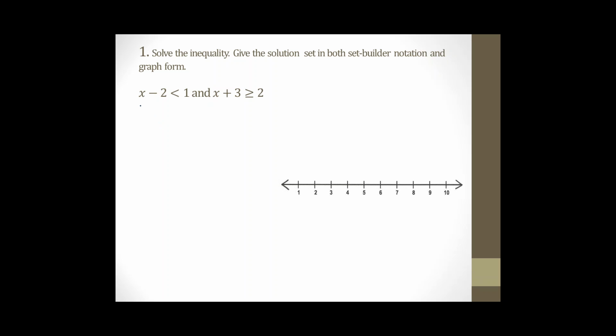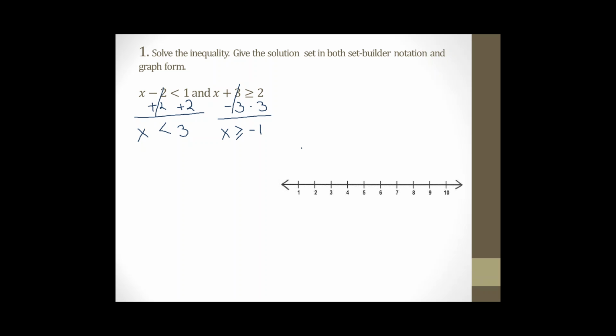So let's start over here. x minus 2 is less than 1, and let's move the 2 over by adding it to both sides of the inequality. So we get x is less than 3. Now let's do the same thing on the other side. Isolate the variable, so let's subtract 3 from both sides, and we have x is greater than or equal to